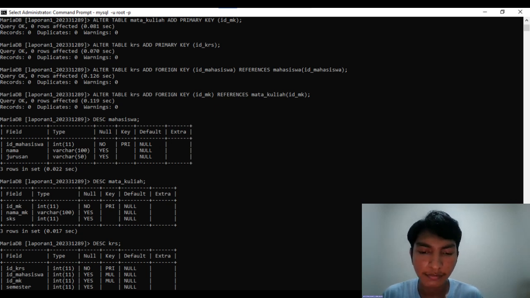The statements add foreign key constraints. This means that any ID mahasiswa or ID MK value in the KRS table must already exist in the mahasiswa or mata kuliah tables. It enforces referential integrity, which ensures consistent relationships between tables.